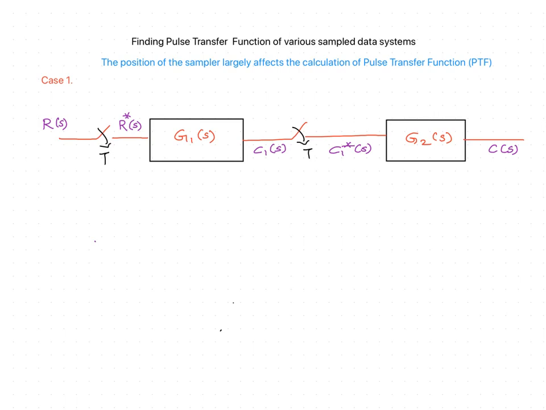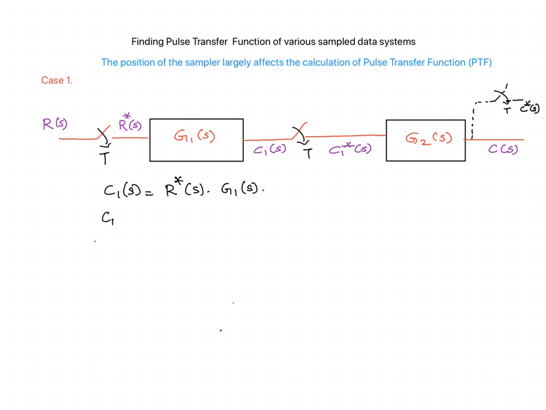In order to find the pulse transfer function, it is essential that there should be a fictitious sampler at the output. If there is no such sampler at the output physically present, we assume that there is a fictitious sampler at the output and we take the output as C star of S, as discussed in the previous slides. And from the fundamental principles, we can write the equations that C1 of S is equal to R star of S into G1 of S,